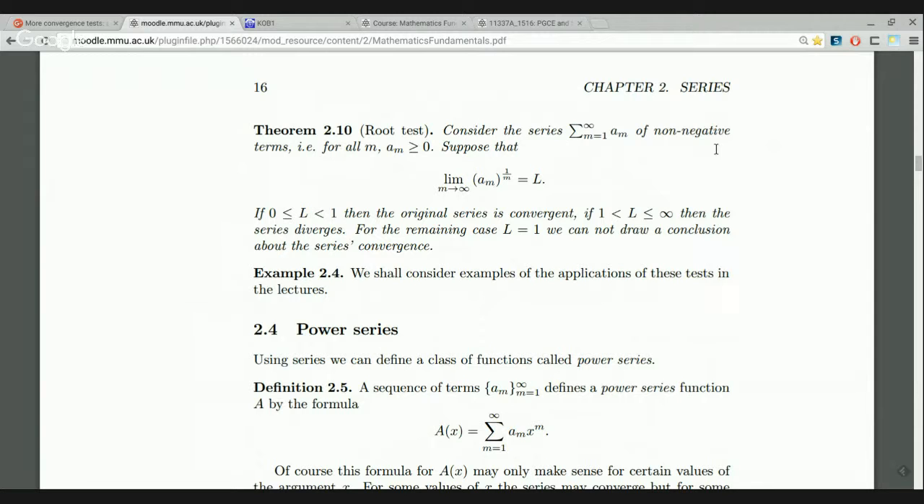And it proceeds just like in the ratio test. If the limit L is strictly less than 1, it's convergent. If the limit L is strictly greater than 1, it's divergent. And again, the explanation for this is pretty much the same as the previous one. Okay. So theorem 2.10. If the limit as n goes to infinity of a_n to the power 1 over n is equal to L, then, you know, for large enough n,